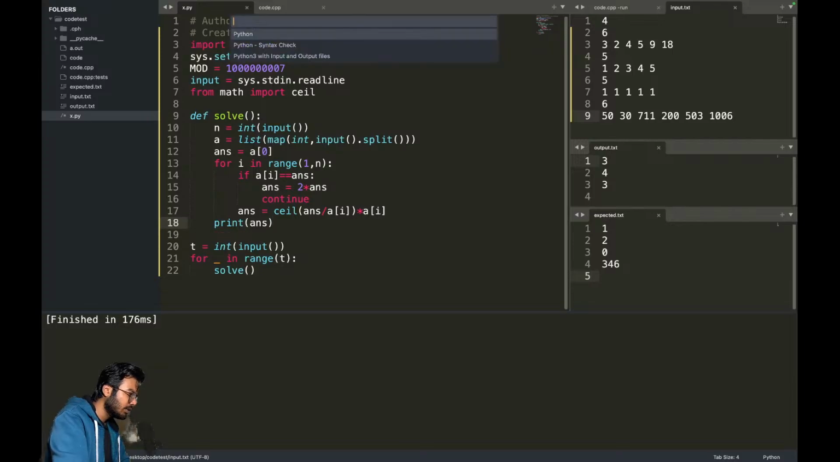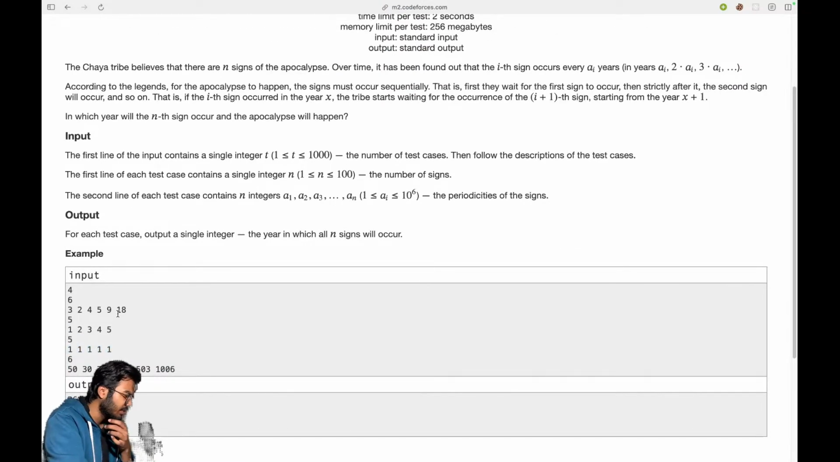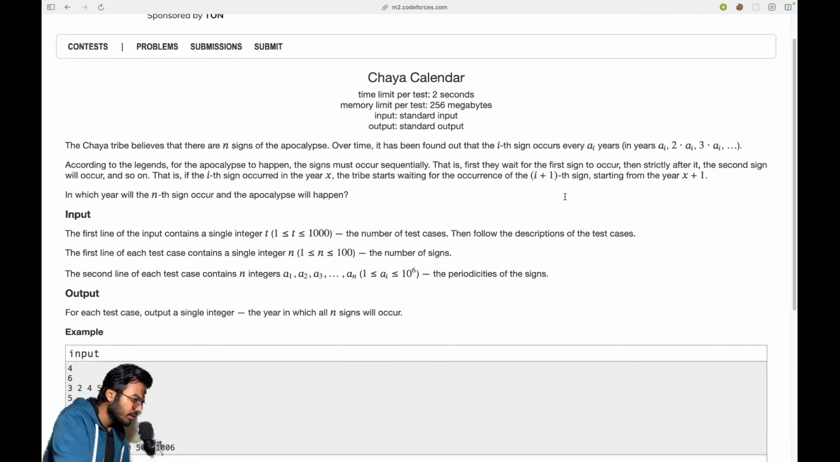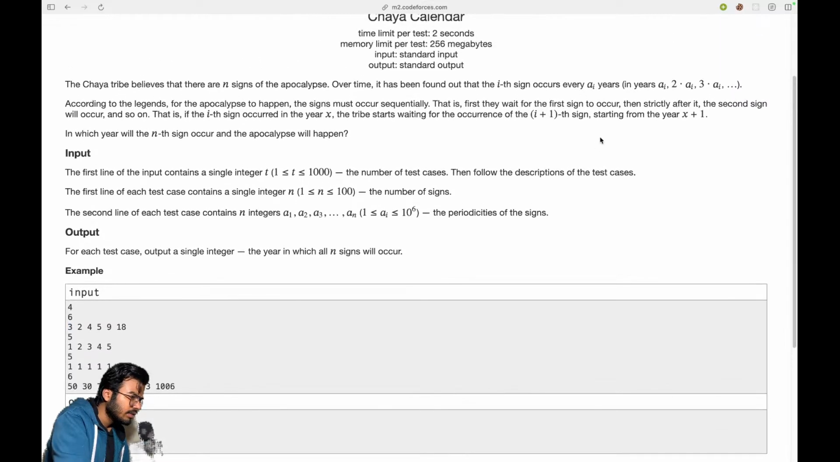Let's see if this works. So we got 36.5 to 2012, 36.5 2012. Why aren't we getting anything? Like for 11111, what does this really want? First sign occurs at, it has been found out that the ith sign occurs at every a_i years. So first sign occurs at third year, then second sign occurs at